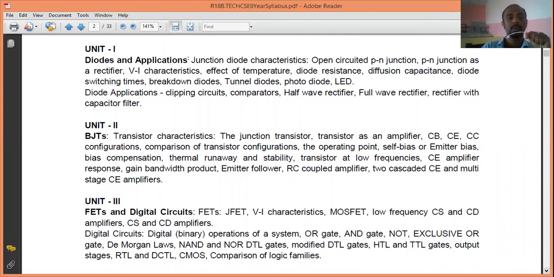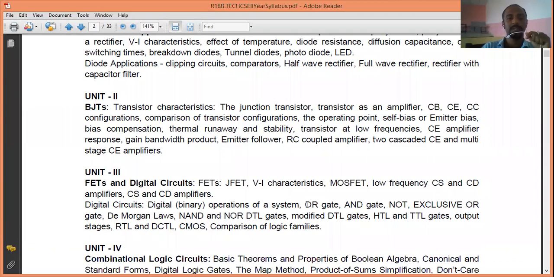Okay, next we go to digital electronics. In digital electronics, we deal with all the gates. Now, what are these gates? They are nothing but made of electronic components such as diodes and transistors. Now, if you come here and see DTL, HTL, TTL, what are all these things? DTL is nothing but diode transistor logic. How you can construct an AND gate or an OR gate by using a diode and transistor, or by using a resistor and transistor. All that is what you're going to study.